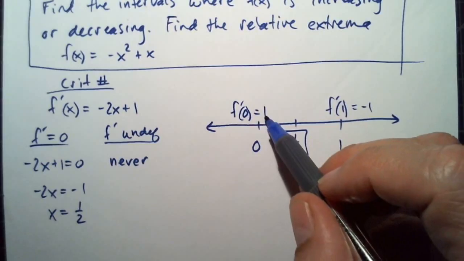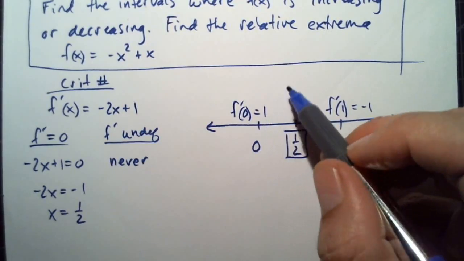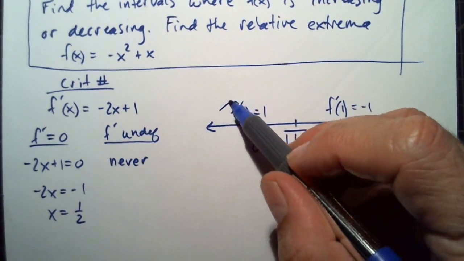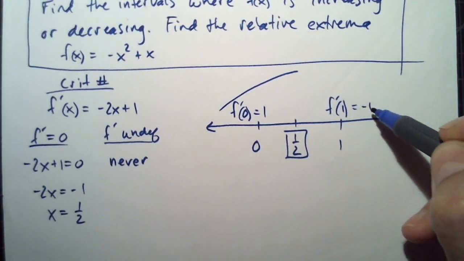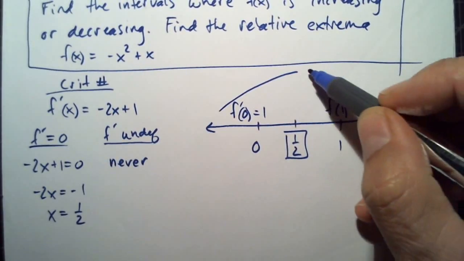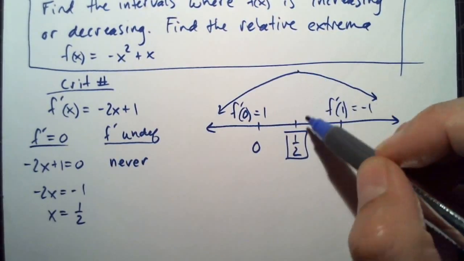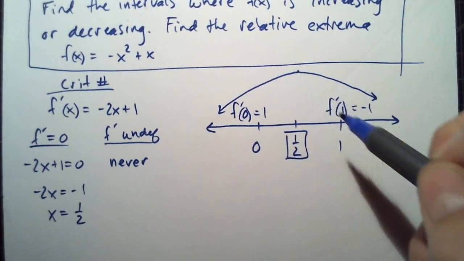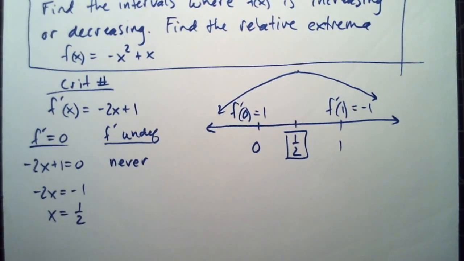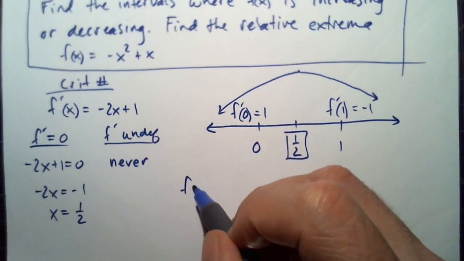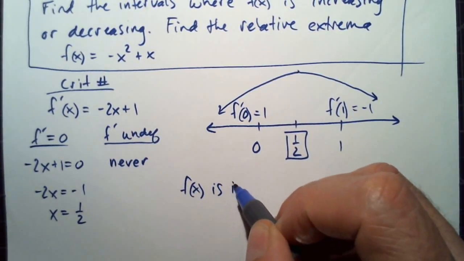So we see the slope at 0 is positive, the function is increasing. And then the slope at 1 is negative, so now the function's decreasing. And we can see that at the critical number, there's a relative maximum. And then we have to talk about increase and decrease. So we say f of x is increasing